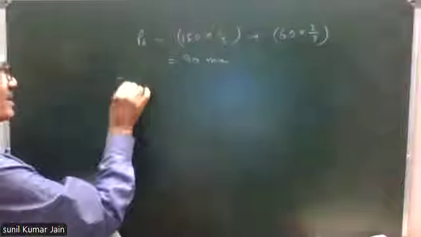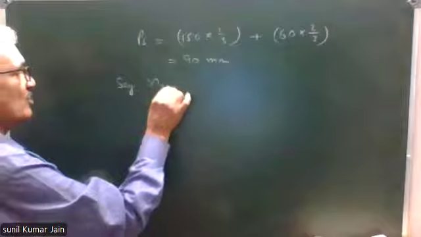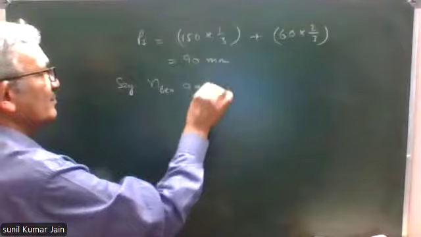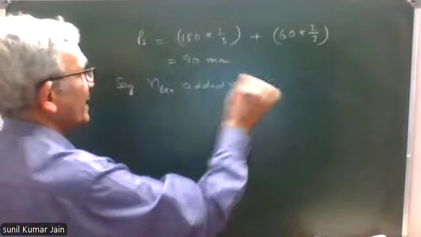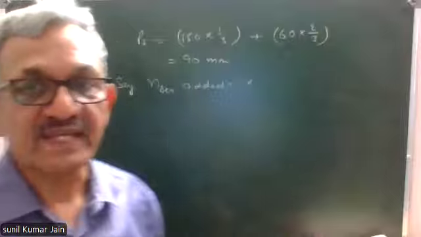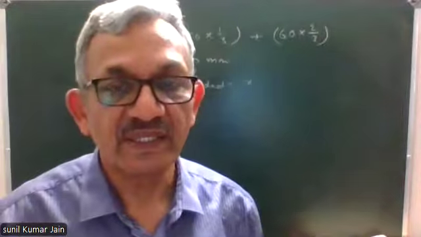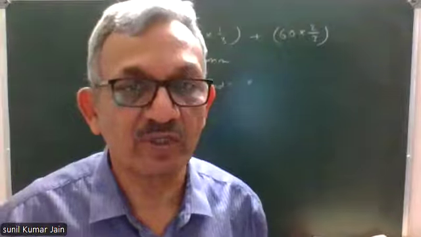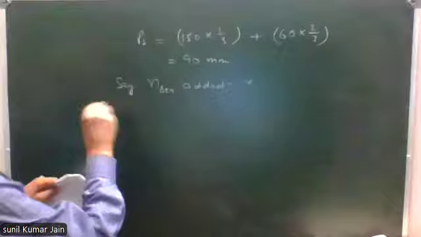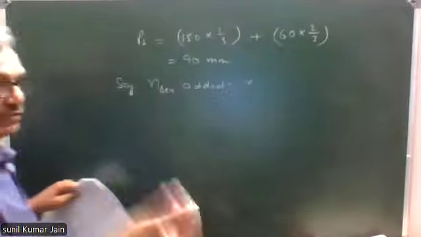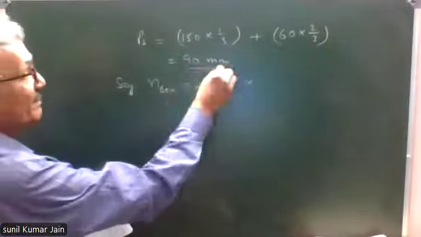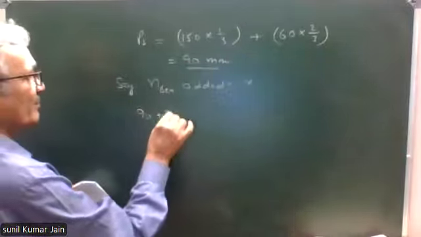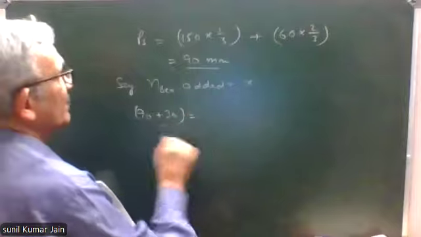Say, number of moles of benzene added is equal to X. Best is to assume number of moles to be added. If you start with mass added, then calculations will be complicated. So this will be, new vapor pressure will be 90 plus 30. So this will be 120 will be equal to